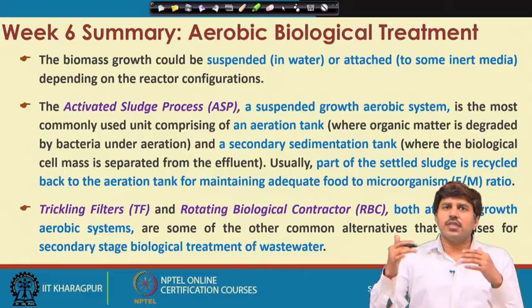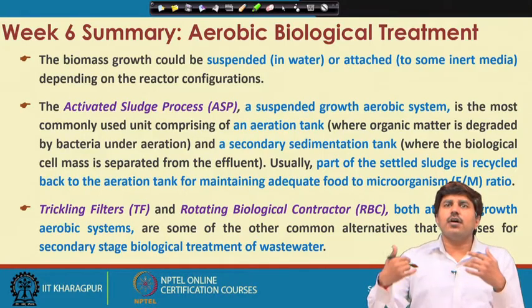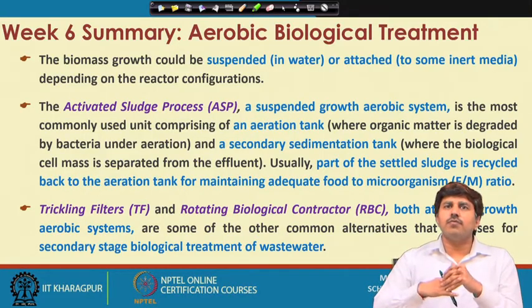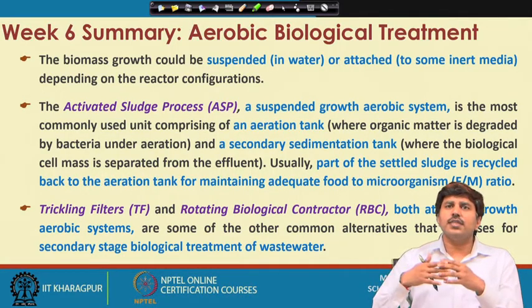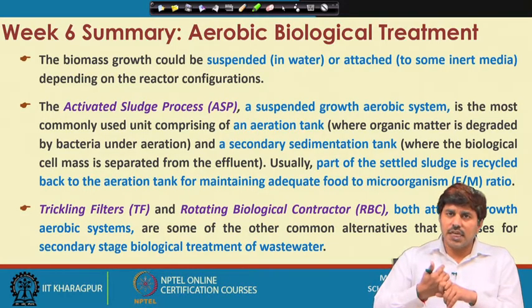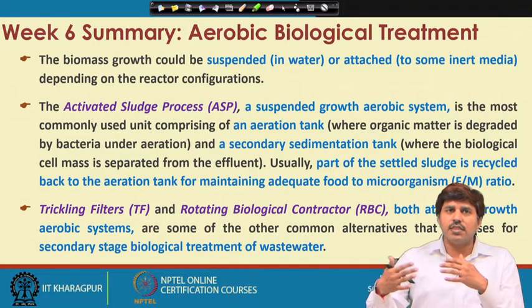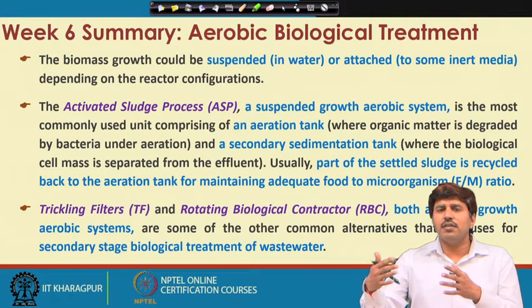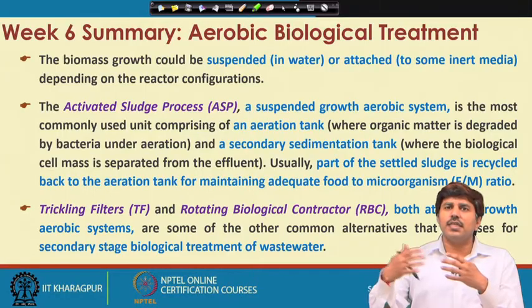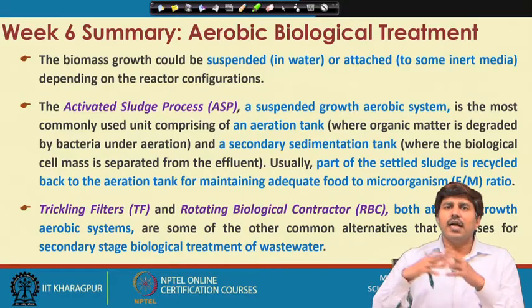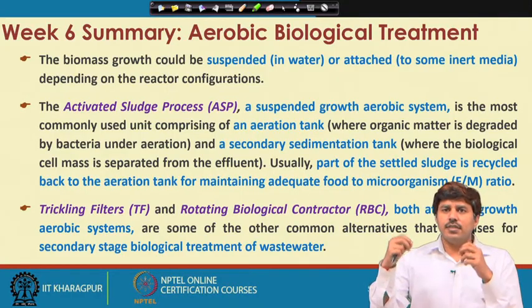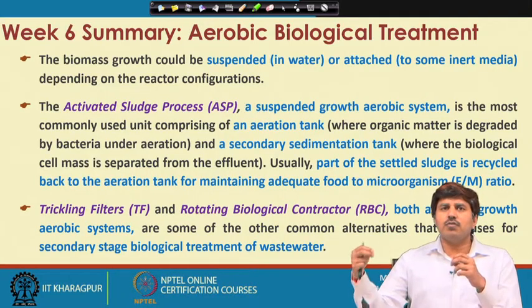So, among the biological treatment units, in week 6 we had discussions over the aerobic systems. The activated sludge process is the most popular and most common system, which is actually a suspended growth aerobic system, which is used for the secondary stage treatment of the wastewater. It essentially comprises an aeration tank, where the organic matter is degraded by the bacteria under aeration. Mechanical aerators or diffused aerators are used to ensure the oxygen supply, and the bacteria in this aerobic environment utilize oxygen and decompose the organic matter to lower